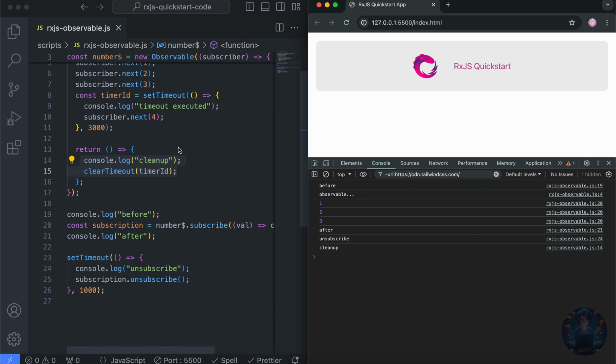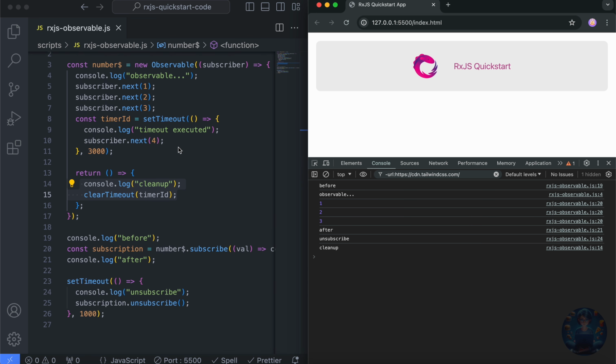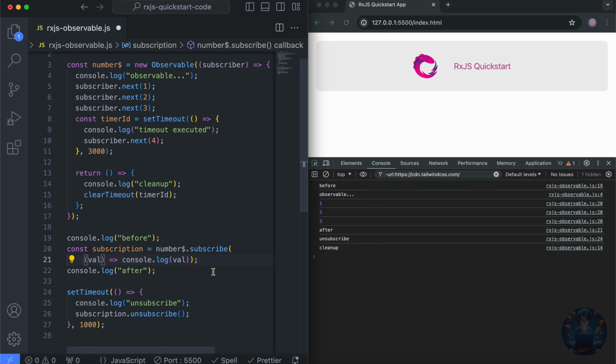To create an observer, there are 2 methods. One using an object, the other is being done here. The first is next, followed by error, then complete, right? And finally, you can unsubscribe from an observable using the unsubscribe method.